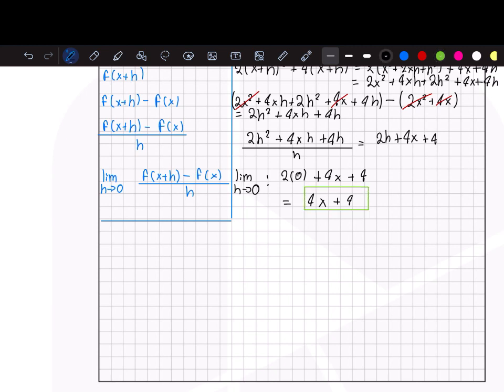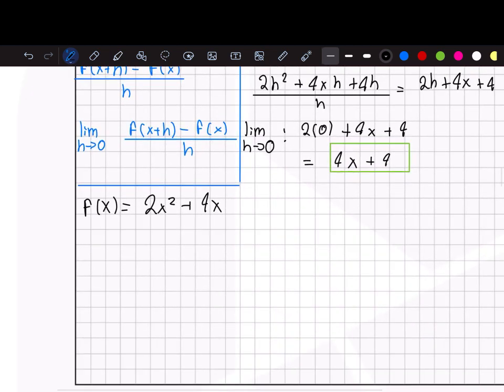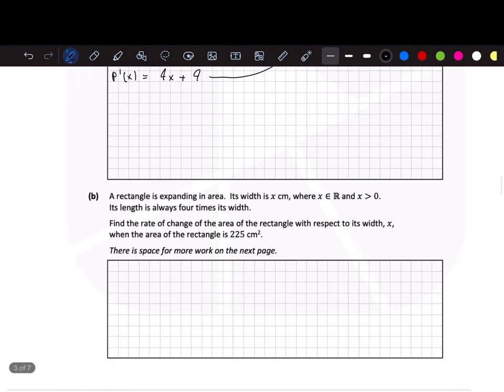You can take f of x, which was equal to 2x squared plus 4x from the very first question. Just differentiate this normally. So I know that f prime of x is going to be equal to 4x plus 4. And you can see that these two things are the exact same. So you got 4 marks for that one. Now,